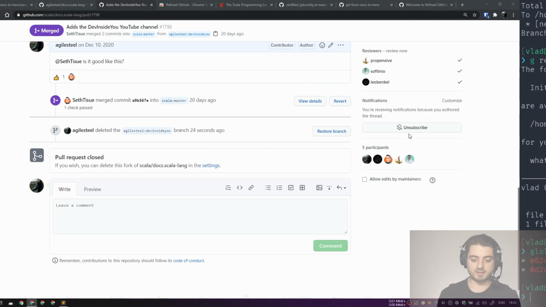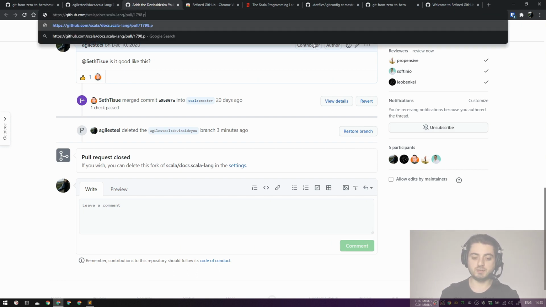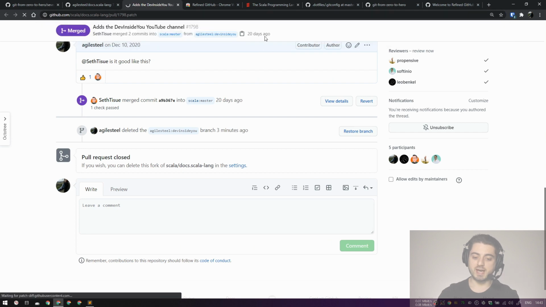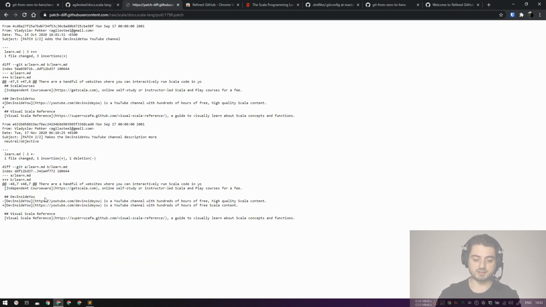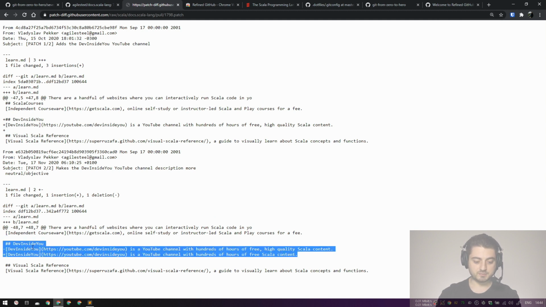you. By the way, let's go back to the PR real quick. I want to show you a little tiny cool thing over here. Behind every pull request, you can just go and do dot patch, and it will show you the actual patch, the actual changes that were done. Let me zoom in a little bit. So I just added this section which adds the link to my YouTube channel on the Scala documentation